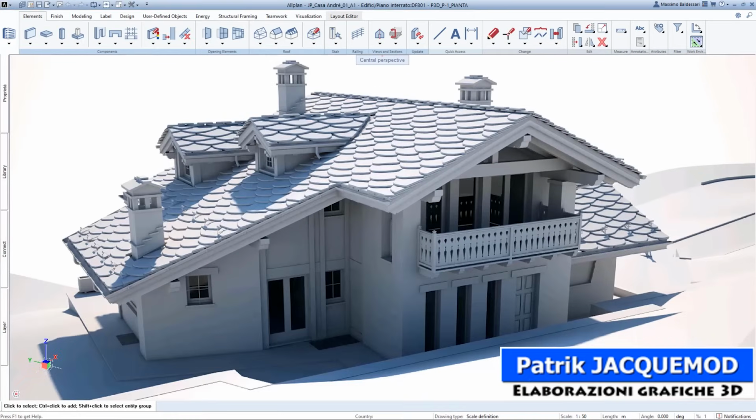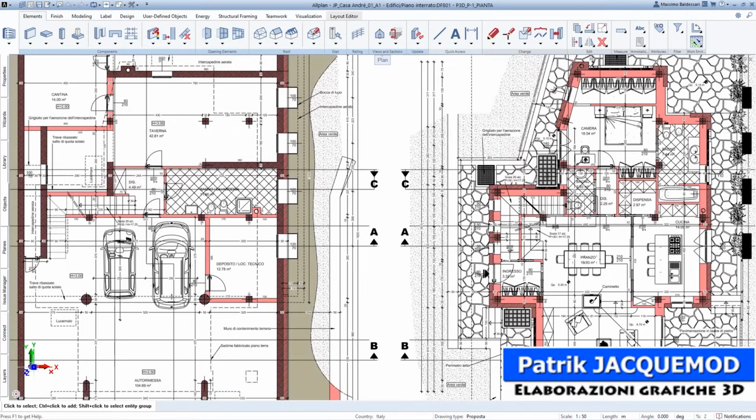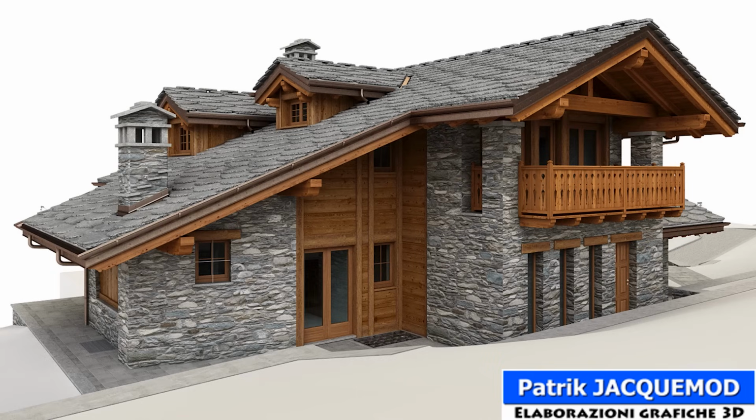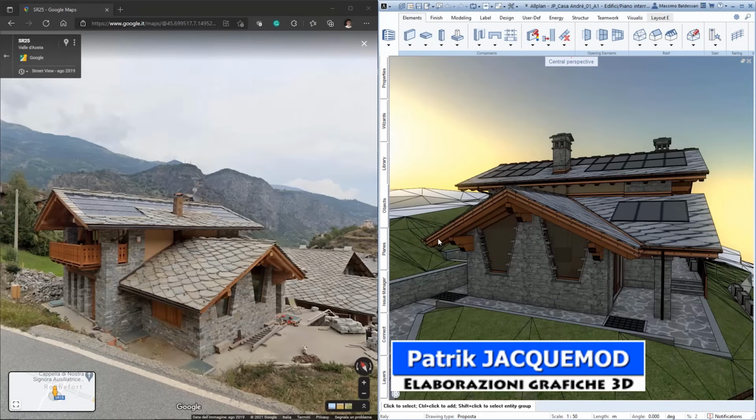What Patrick needs is a flexible tool that enables him to create this kind of models. Here, you can get an idea and see how all drawings, plans, views, and sections, are directly derived from the model. This includes typical 2D elements like dimension line, obviously all done in ALLPLAN thanks to its powerful integrated 2D engine. We also have some impressive rendering and a side-by-side comparison of the ALLPLAN project with the actual building as